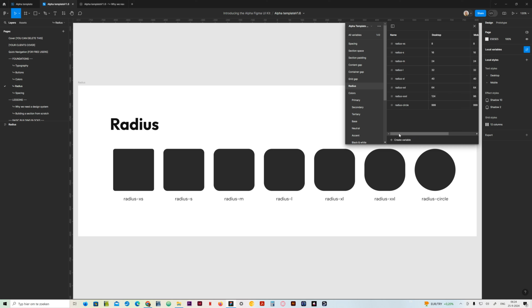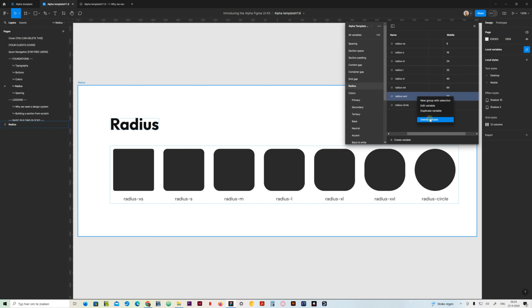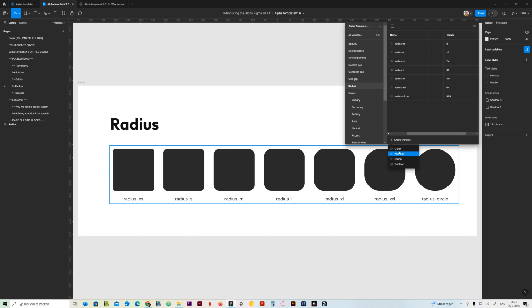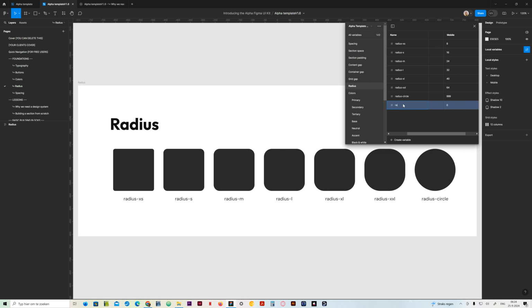And if you're thinking of adding a variable, I've added one here. There's an extra variable that's not represented here. We can just take this out. Let me add it again. So we just call it radius XXXL. Move it up, and then we say, okay, we want this to be 72. This one will be a little bit more rounded than